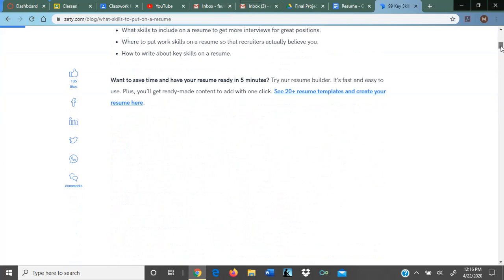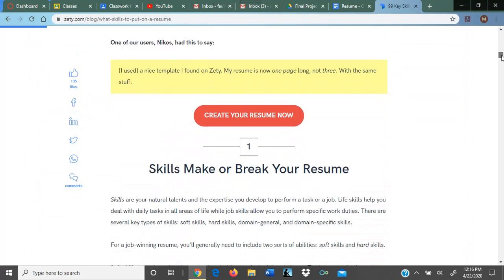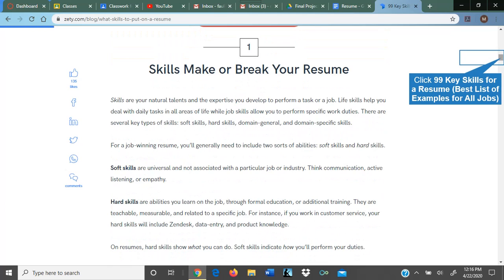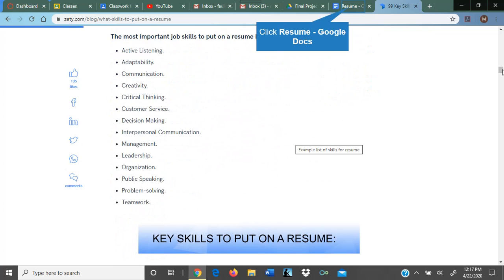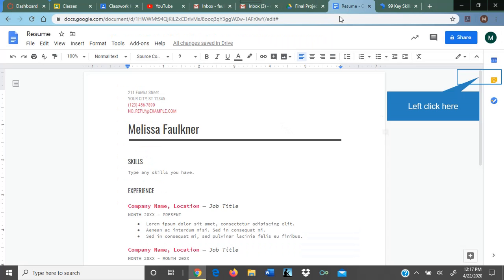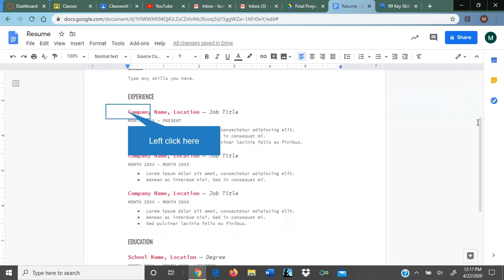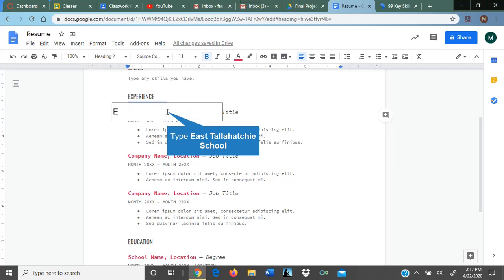So we're going to go through, and I actually found, ooh, look, a nice little blog. And so I'm going to look for skills. I just scrolled on down till I found it. And I can put that. That's fine. I can put things from here. That's all you need to do. So right here, same thing. We're going to highlight. And we're going to type. So here,